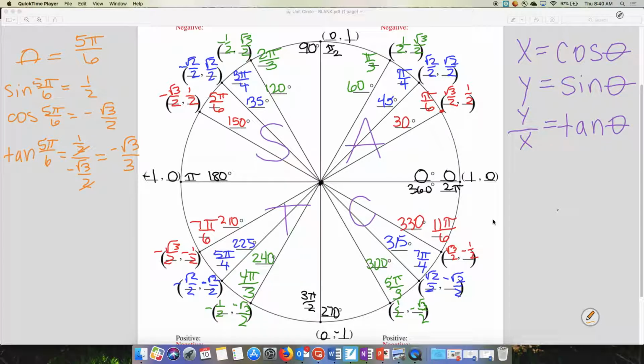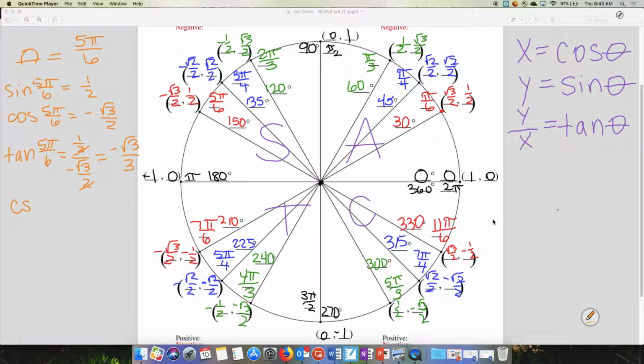Okay, but guess what? All of those pi over 6 angles have the same xy coordinate, just the negatives are different. So by us doing this, we also know that the tangent of 7 pi over 6 would be a positive radical 3 over 3. And the tangent of 11 pi over 6 would be a negative radical 3 over 3. Okay, we don't have to do that math over and over. Okay? All right,